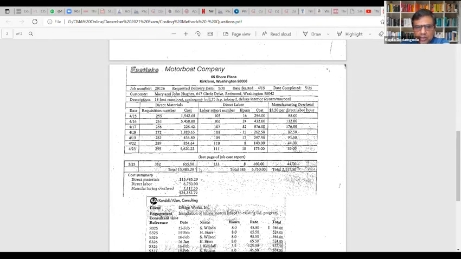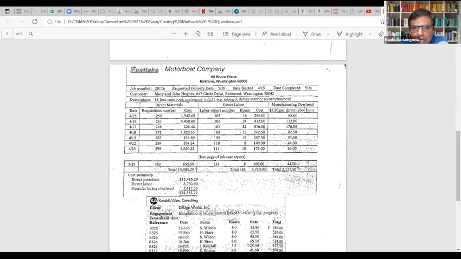So material cost of so much, labor cost of so much, and in this case, they don't have a separate direct expense, anything like that. Let us say this is a very specialized racing boat, and you hire a special consultant to provide some performance input. Then there will be a direct expense component also, but here it is not so.